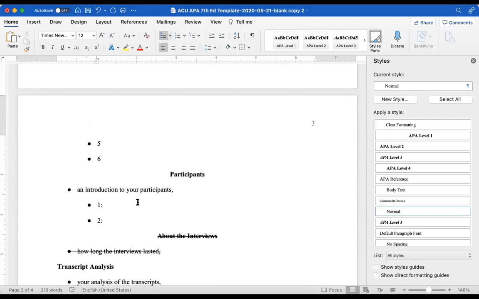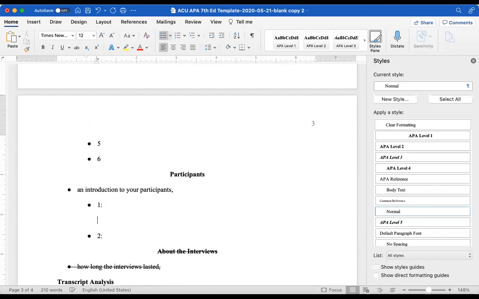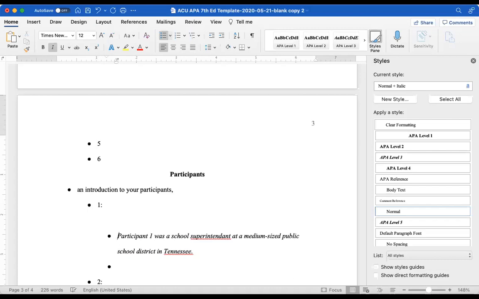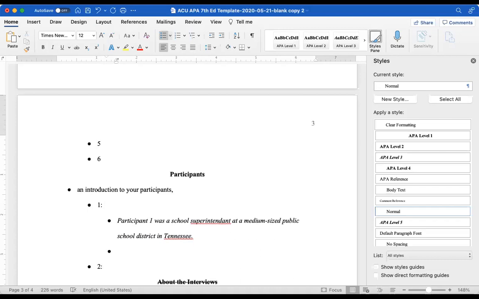All right, participant 1. I said I would explain pseudonyms. So let's say we're interviewing a school superintendent. Now you can refer to them as participant one. That's not a problem. But if you're going to be referring to them a lot, it gets a little awkward. And what differentiates participant one from two? It gets very dry when you're doing a longer interview. So another way to do it, you can assign them a name. John, pseudonym,